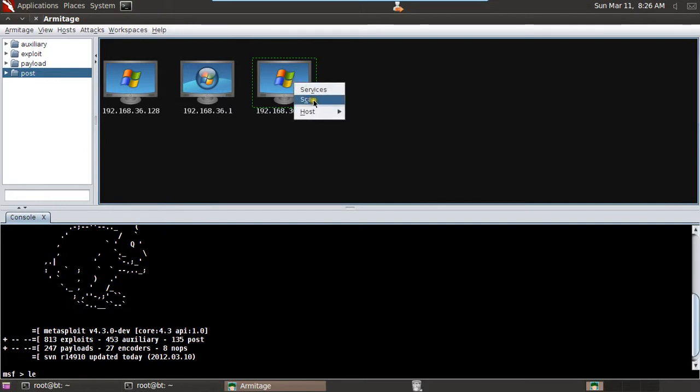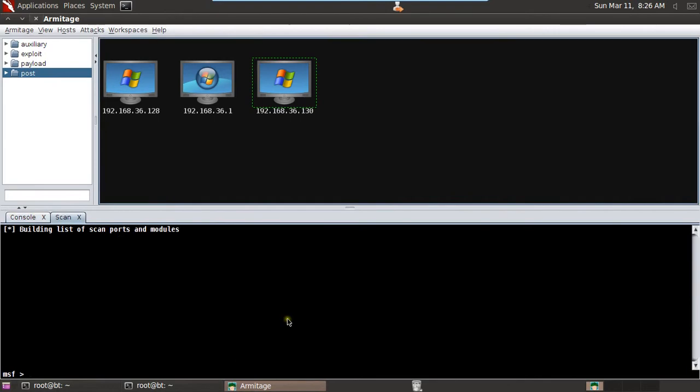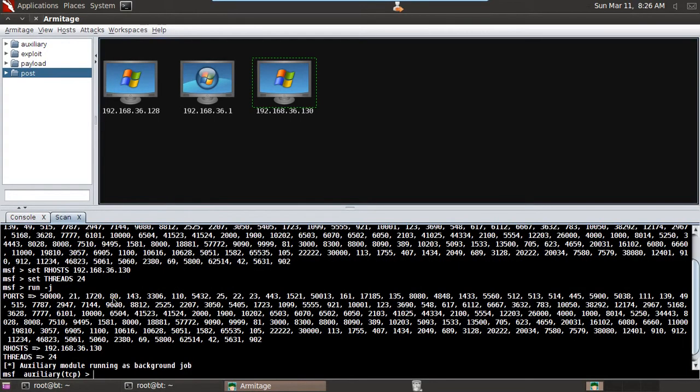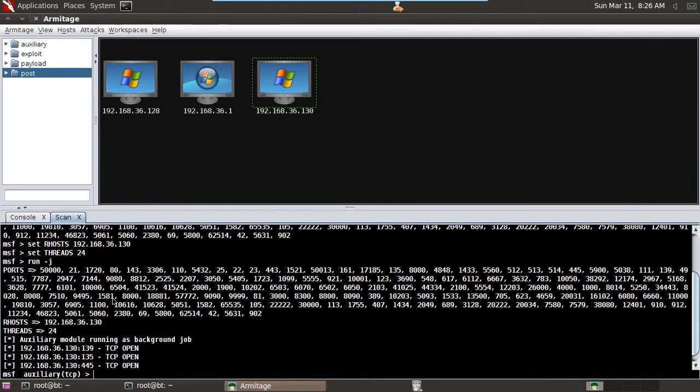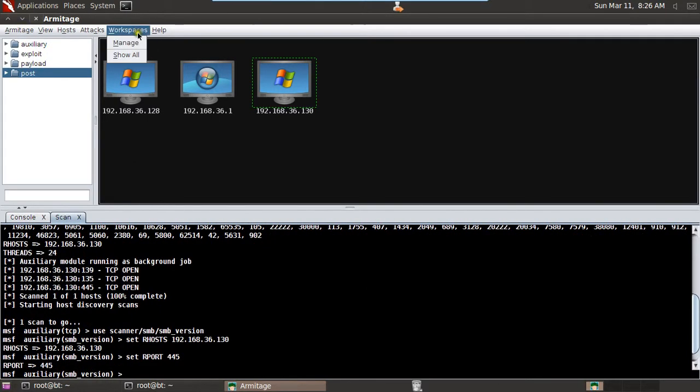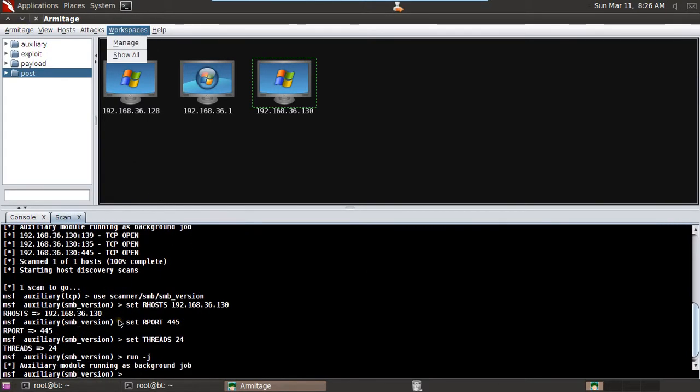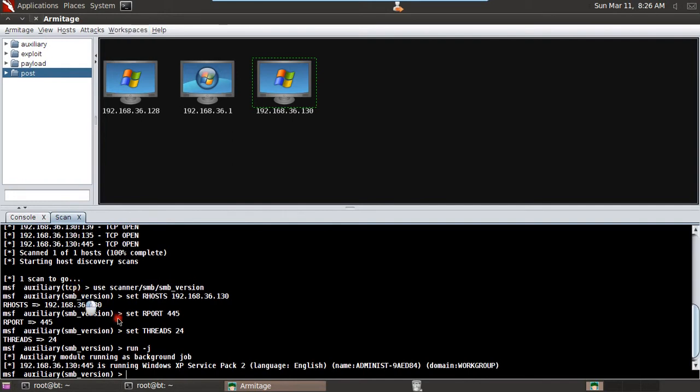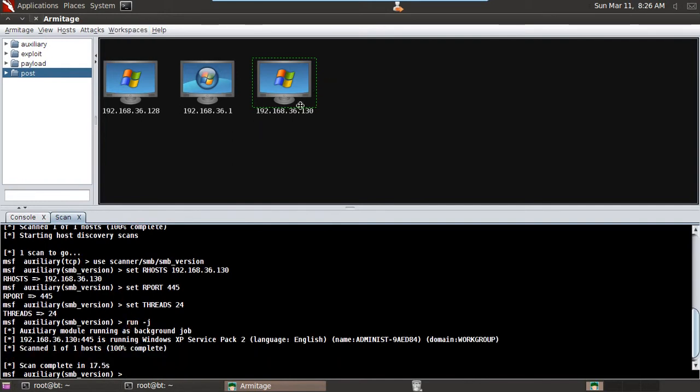So I right click on this and you can click on scan. The MSF console will start scanning the machine and building the list of ports available on the machine. And it will show you how many ports are open. Using the attacks, Hail Mary, host, scan, Armitage, lots of features are available. Right now we are not going to focus on this, but this can be done very easily. It's all just GUI format, nothing more than that.